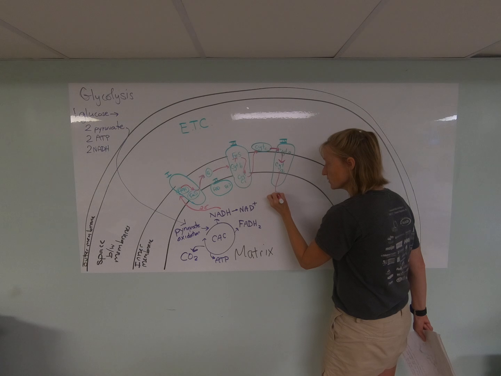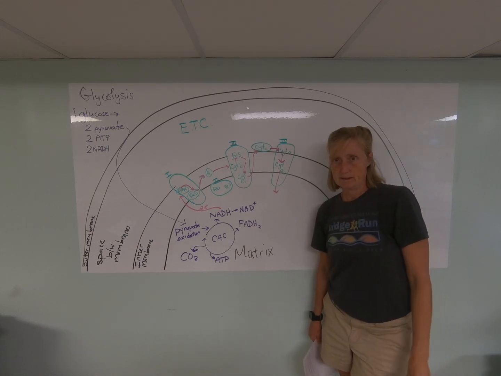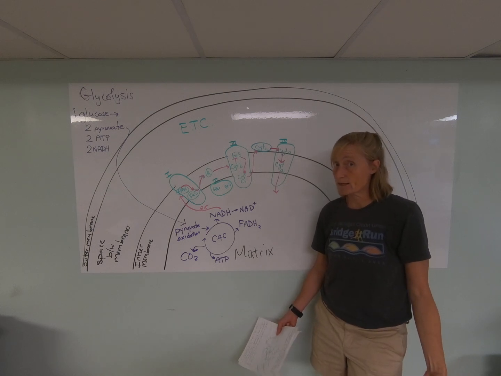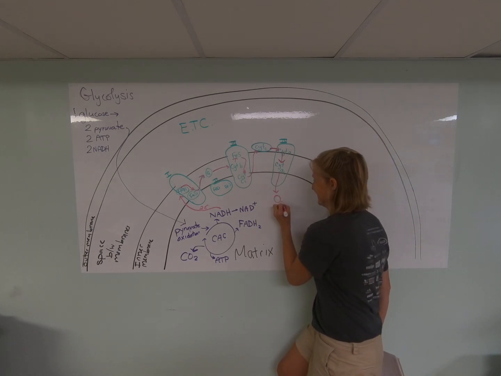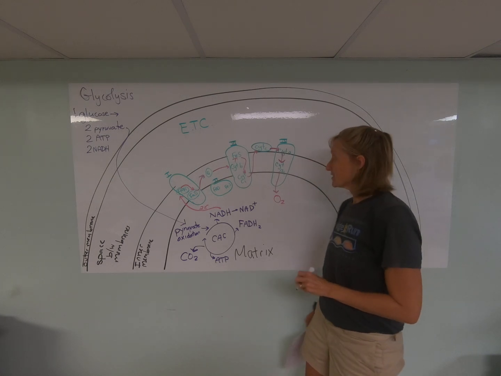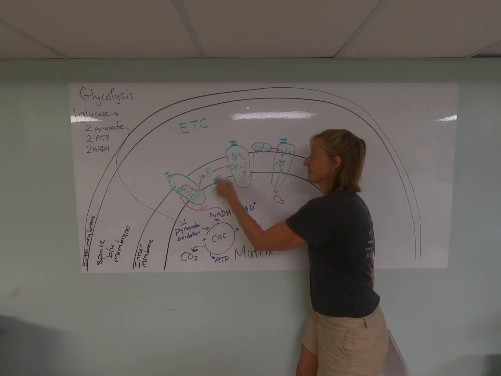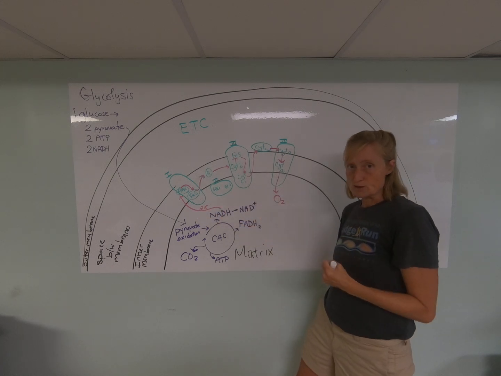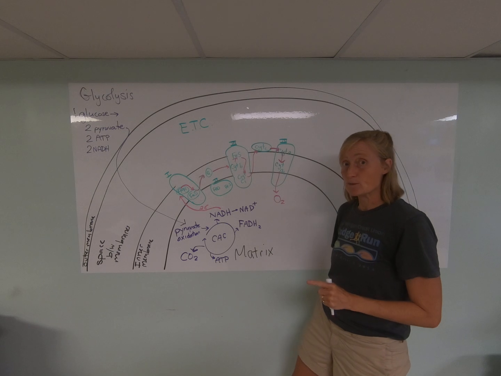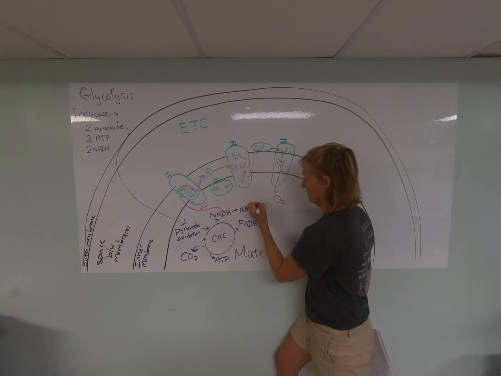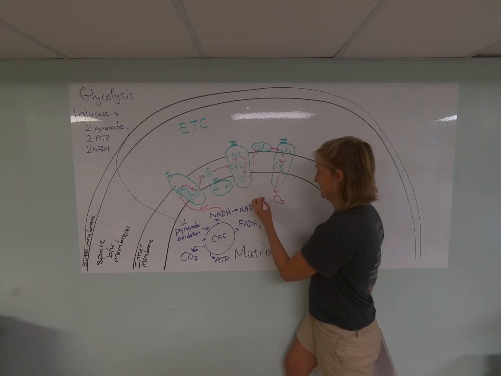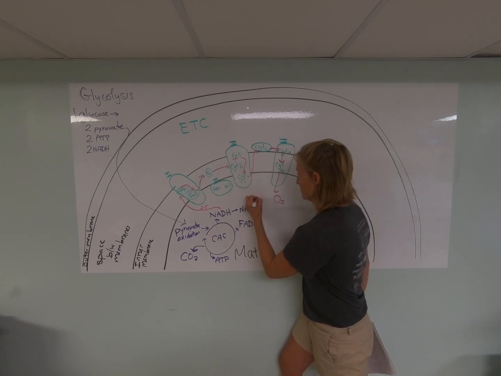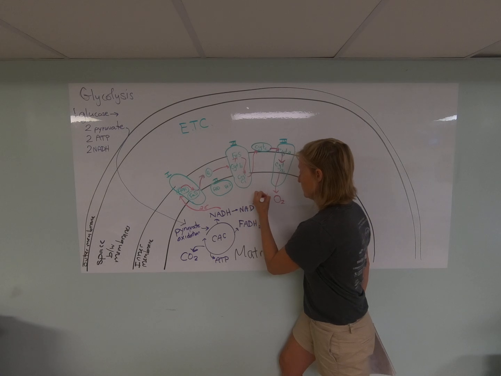And where do the electrons finally end up? Where do they fall to? What is the final acceptor of these electrons? Oxygen. Remember, oxygen is the final acceptor of the electrons at the end of the electron transport chain. Oxygen is reduced. It picks up those electrons. It reacts with protons to form water, right? So it reacts with protons